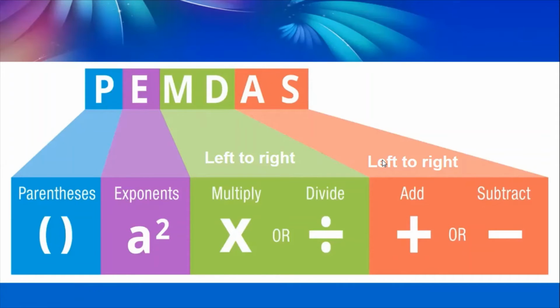So if we have an equation wherein we have multiple operations, just remember this rule, and that is PEMDAS. P for parentheses, E for exponent, M for multiply and divide, A and S for add and subtract. Remember the acronym